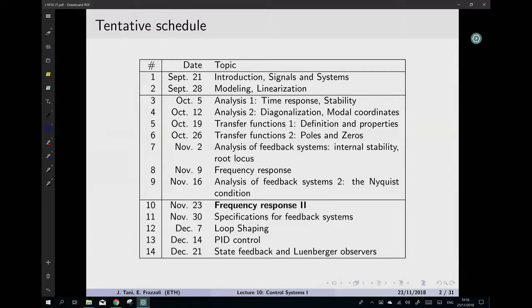No. Okay, so we have been investigating these different methods to understand how transfer functions work, how to extract some information from them, and in particular, how to leverage open loop transfer functions to derive conclusions on closed loop transfer functions. So we introduced a few methods. A couple classes ago, we started talking about the root locus method, which is a graphical way to show how the poles of the closed loop system vary in the complex plane as a function of a gain in a feedback controller. Last week, Shima talked about the Nyquist plot, which is another way